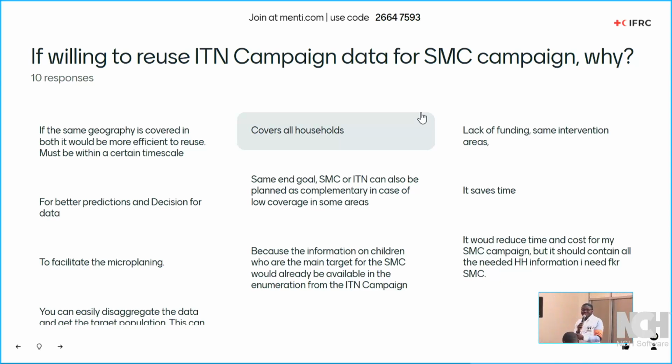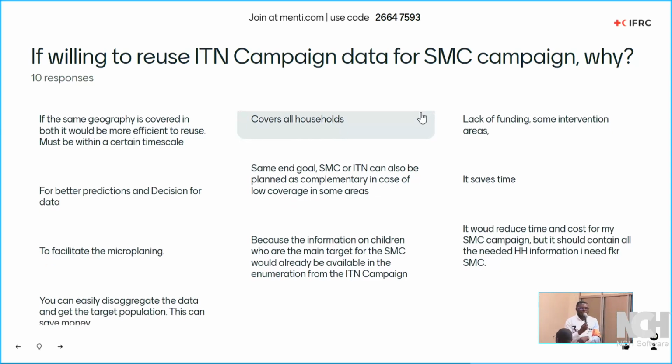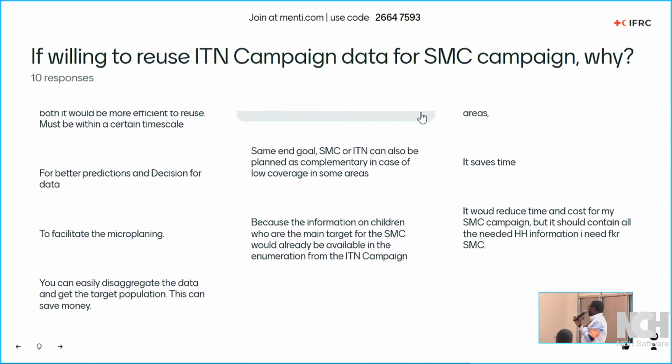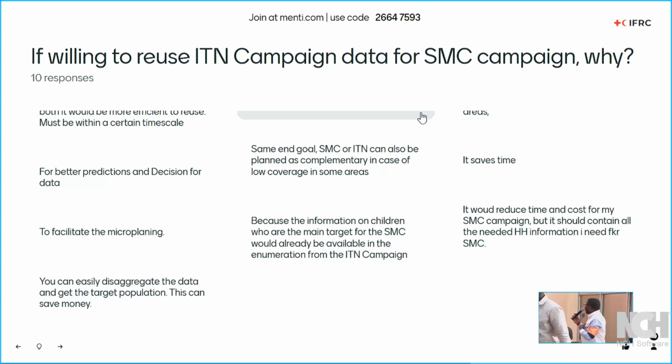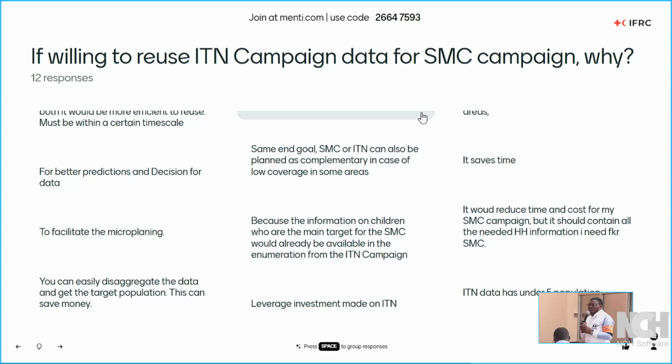I like that this person has personalized it, right? That is going to reduce costs for my SMC campaign. It should contain all the needed household information I need for SMC. That's great feedback. Let's see. ITN data has under 5 population. Excellent. That's also a good point.